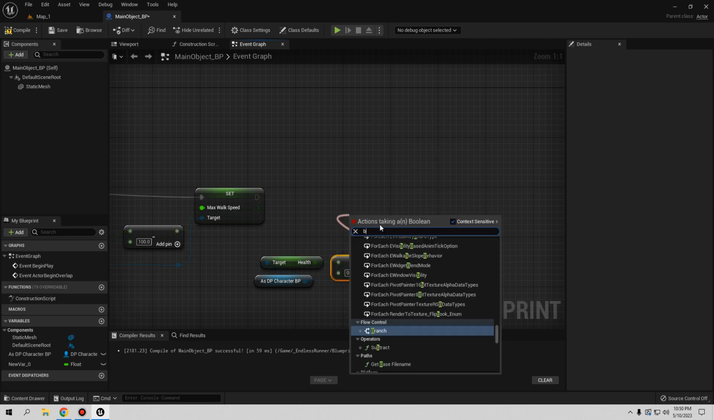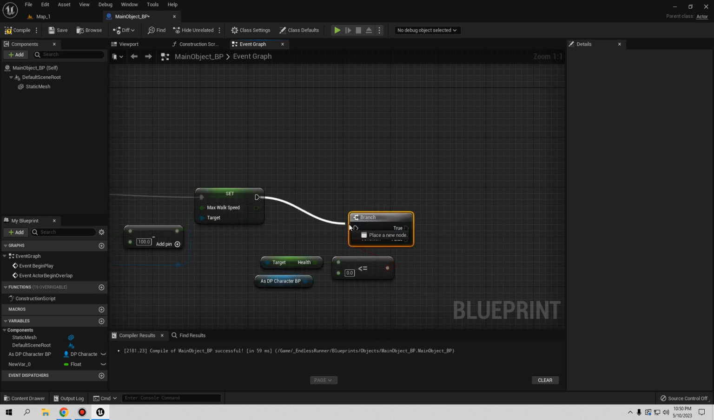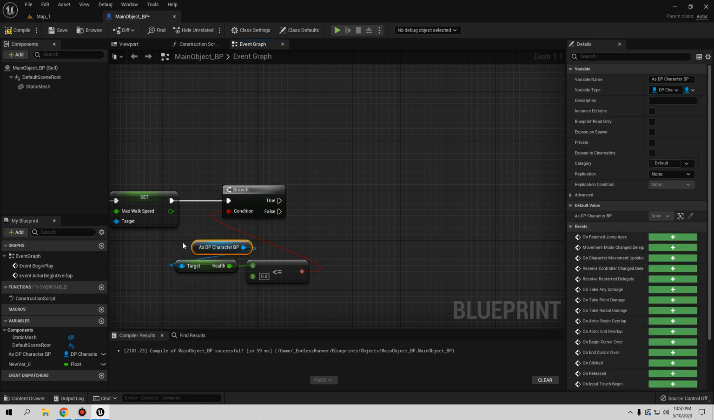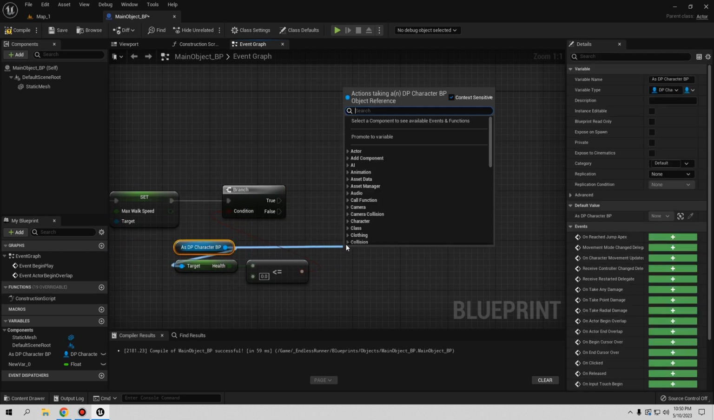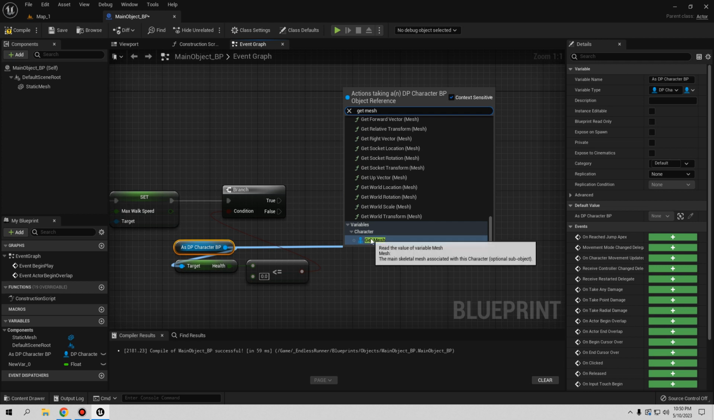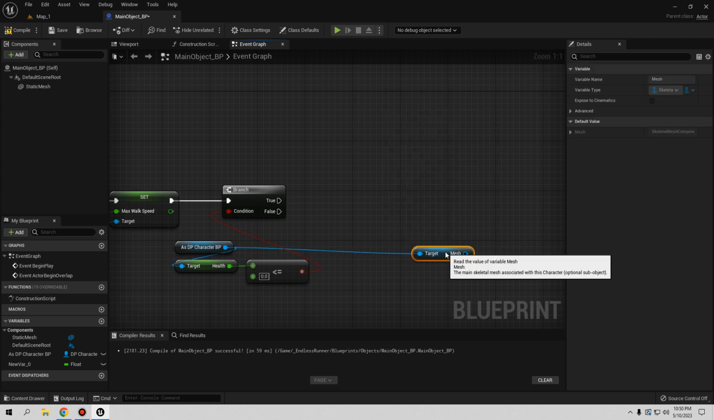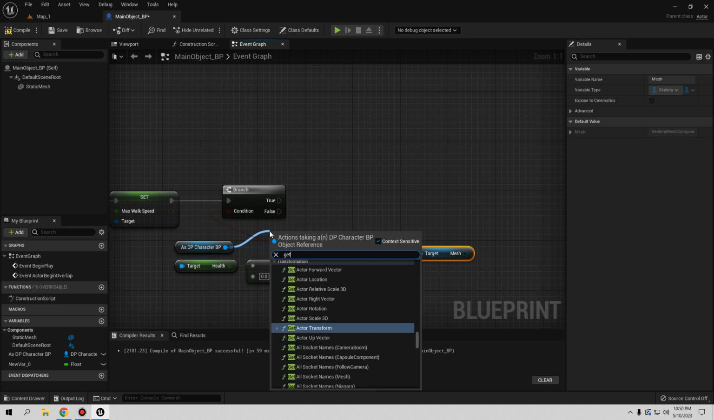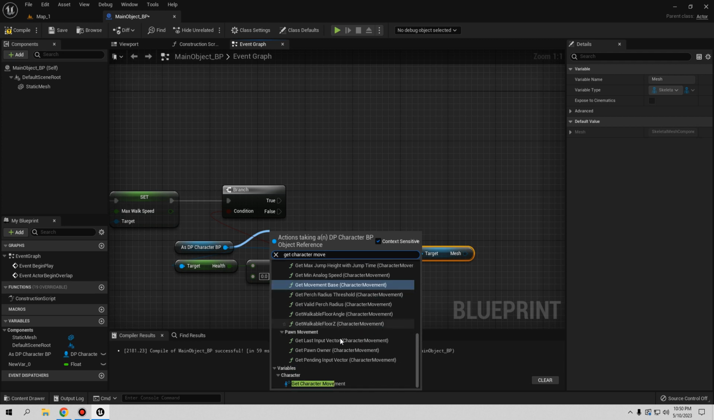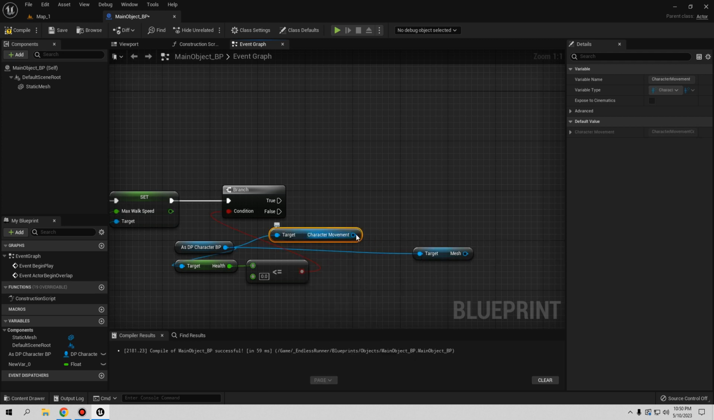We want to do a branch, a question, and if it's true, we want to get the mesh. So let's put this in here. So let's get mesh, no, that one. So get mesh, but before we want to stop the player. So let's go here, let's get character movement. So always the last one. You wanna set